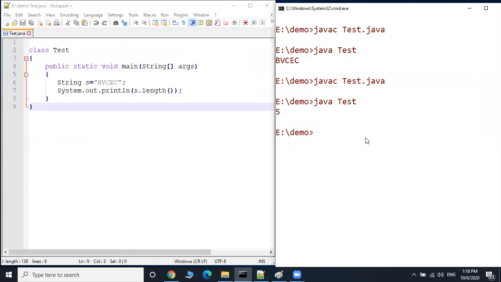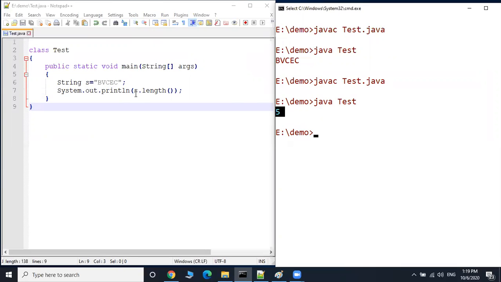What is the length of the string here? 5. Length of the string means the number of characters in a given string.